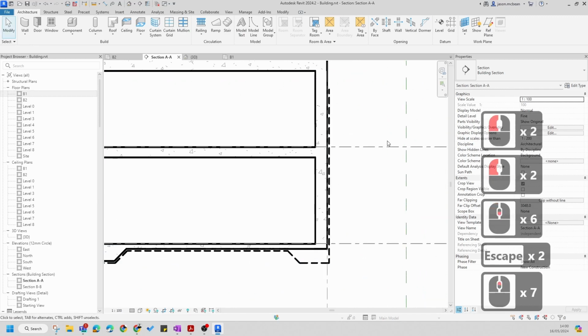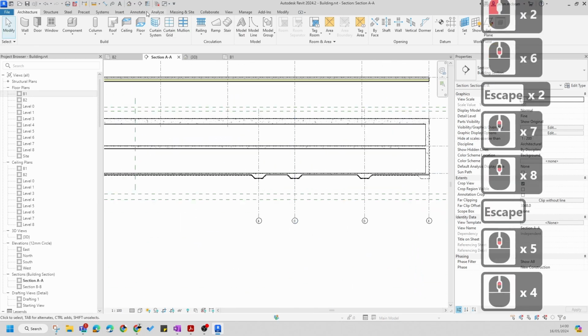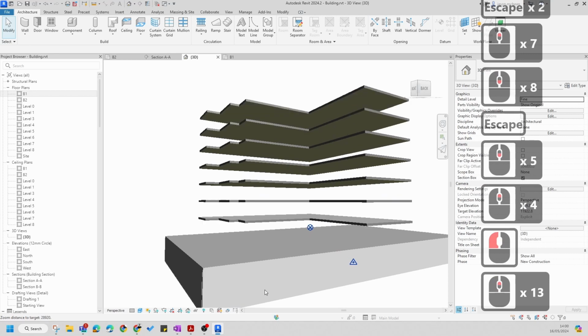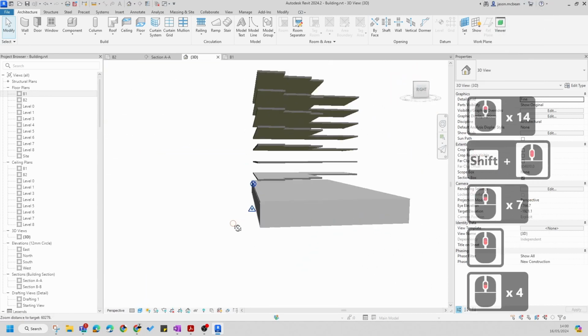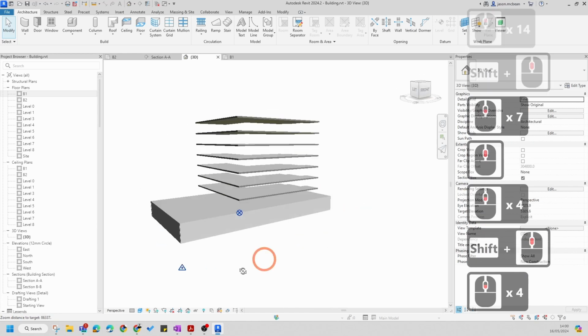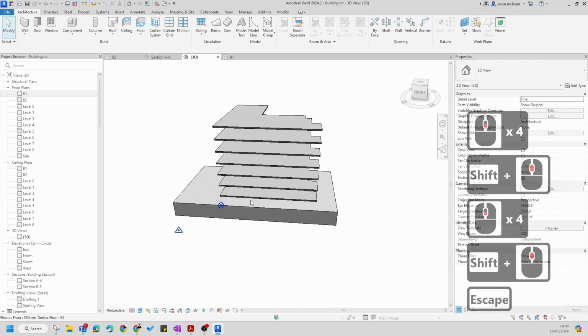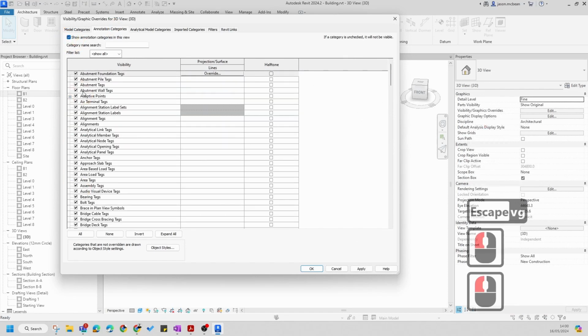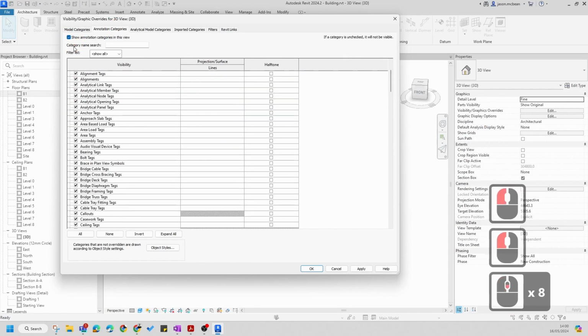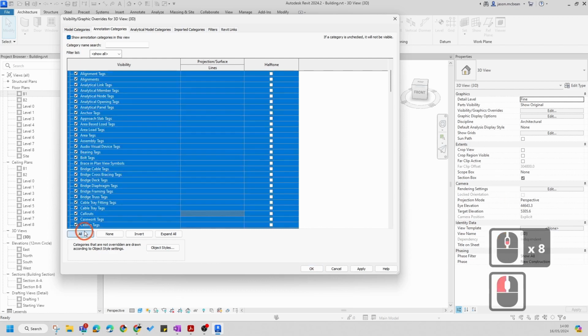Good, so in this section you can see we've got a complete basement, floor and walls, and if you now go to your 3D view, just note that these are not joined yet, so you can join that to make it look like a complete box. Okay, now if I go to VG, now switch on my annotation objects, just remember we can switch this on and off, and I press all,